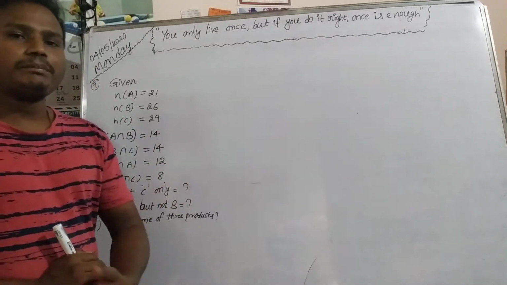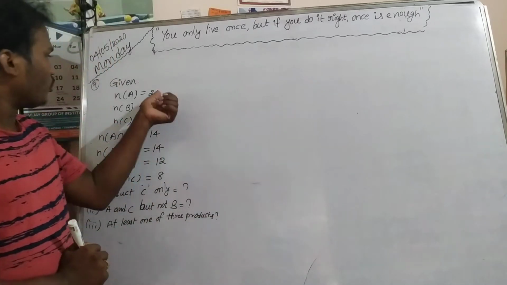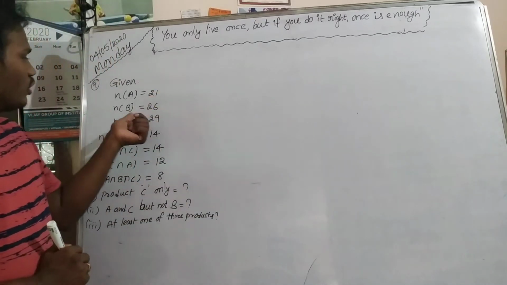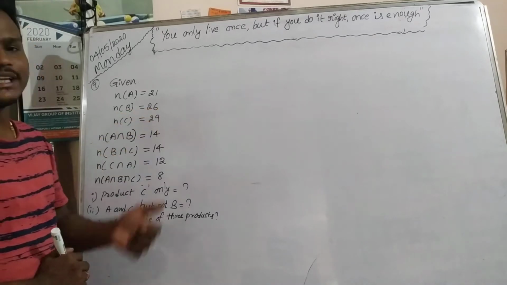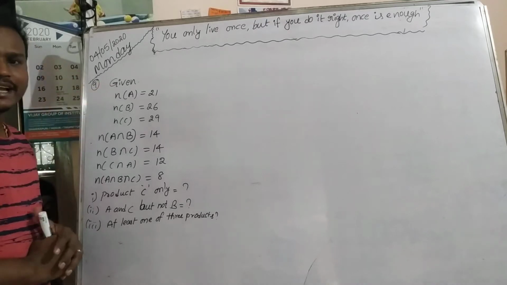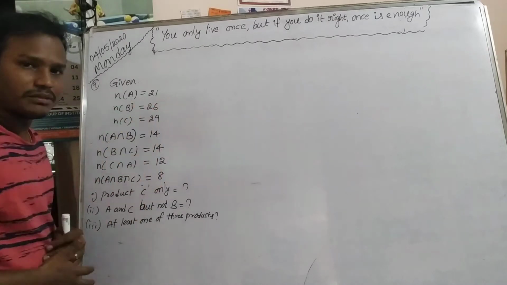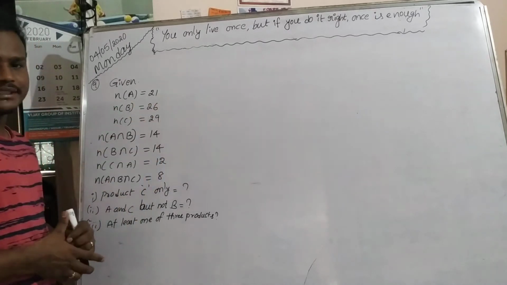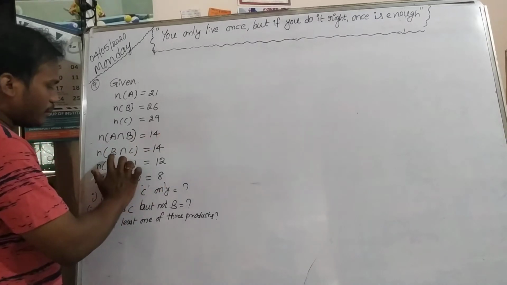They have given people in a survey, and some people like product A, 21 numbers are there, those who like product B, 26, and those who like product C are 29. Okay, there are three sets if you consider. This is set A, set B, and set C. In set A there are 21 members, in set B there are 26 members, in set C there are 29 members. And the people who like A and B both are 14, the people who like B and